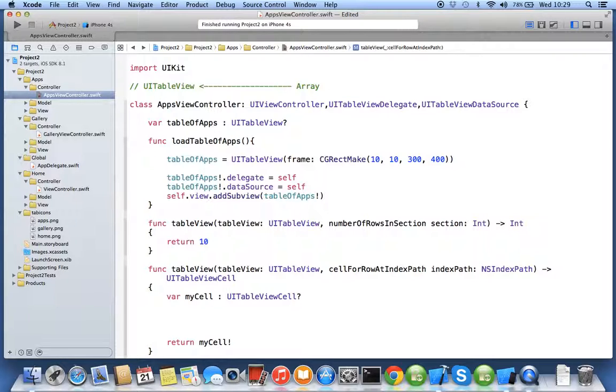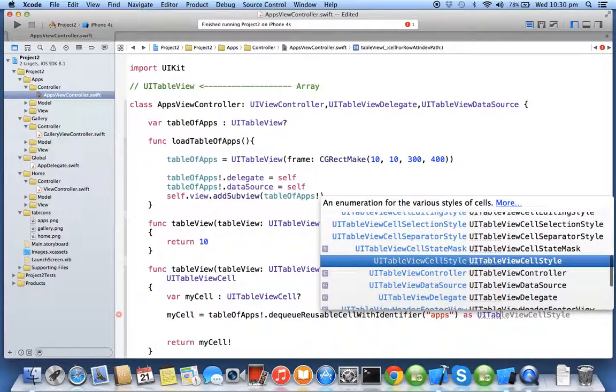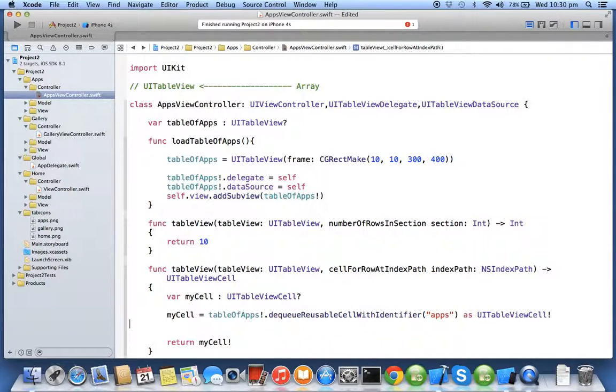Okay. So now the first line, I'll say my cell equal to table of apps dequeue reusable cell with identifier. This will check whether a cell with the identifier apps exists in memory or not, and you do a typecast to UITableViewCell. Now if this cell doesn't exist, so you'll say if my cell is equal to nil, then you need to